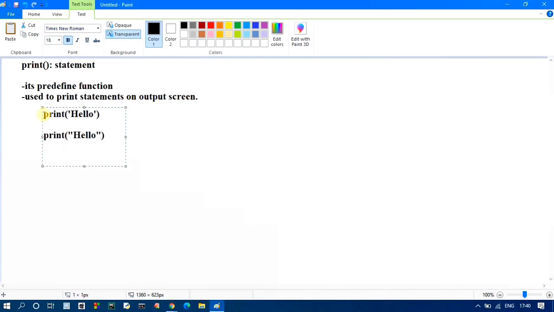And if I want to print a multi-line statement, I can use three quotation marks at a time, and I can write here whatever I require: hello, bye, good night, good day. I can print multiple statements like this. So this is used to print multi-line statements in Python.